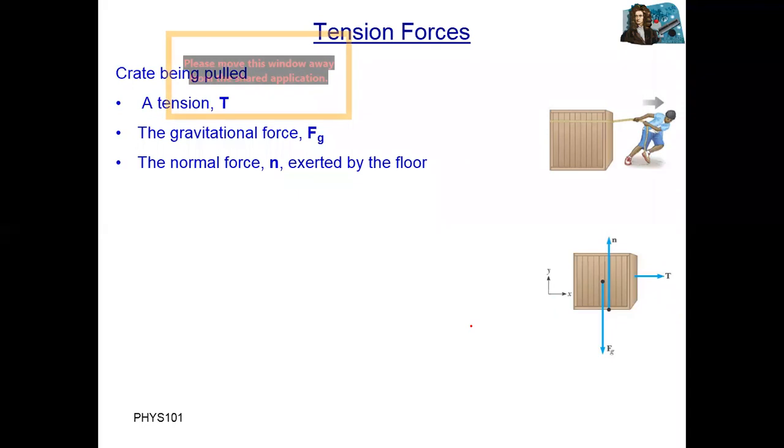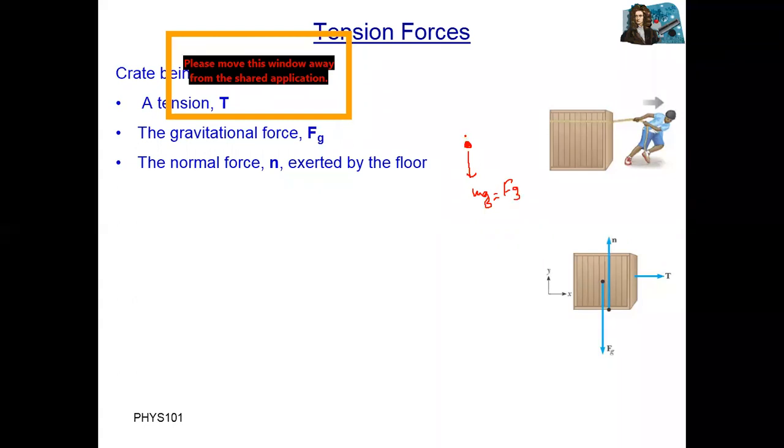You can see this picture. A man is pulling a cart. So, how many forces are on this cart? If we draw just the forces on this crate, that diagram is called a free body diagram. If we consider this crate as a dot, how many forces? The first force is downward, the weight of this crate. You can see mg, or you can say this is Fg.